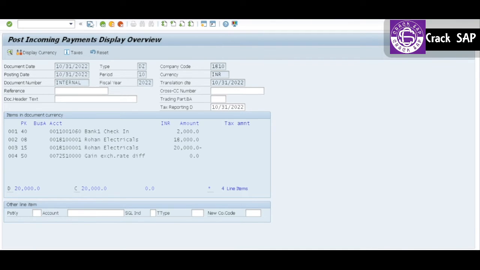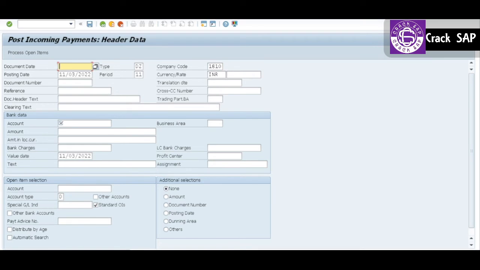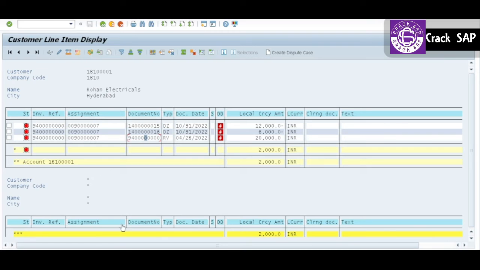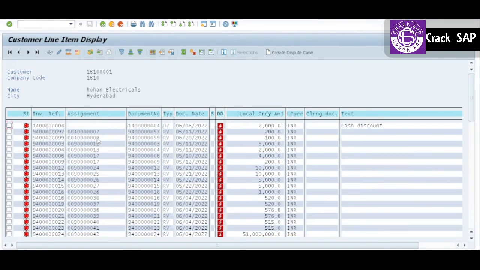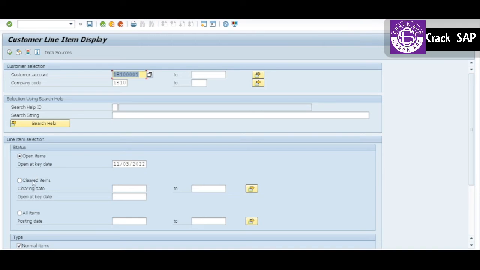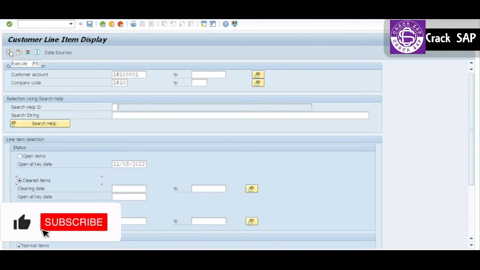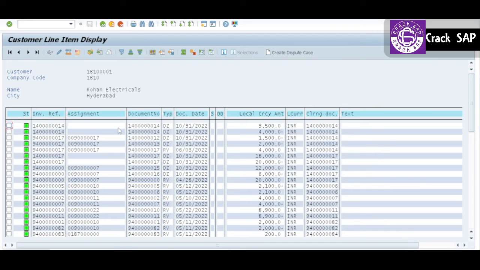Now I'm going to save here. 1400000017 was created, and this is my clearing document. If I refresh here, see, it is gone. I'm not able to see it because it is already gone from the due, and now I'm getting it in the not cleared items. How can I go ahead with the cleared items? If you click here, or if you go to here,